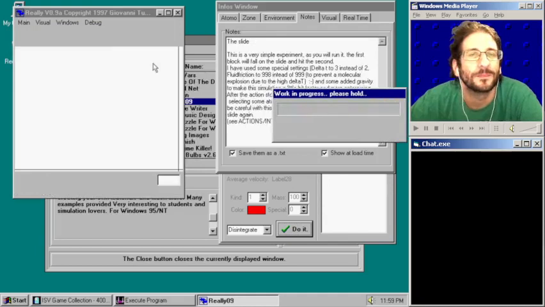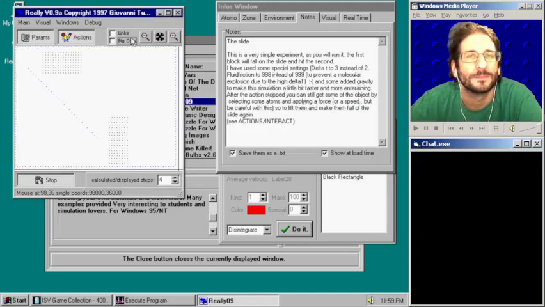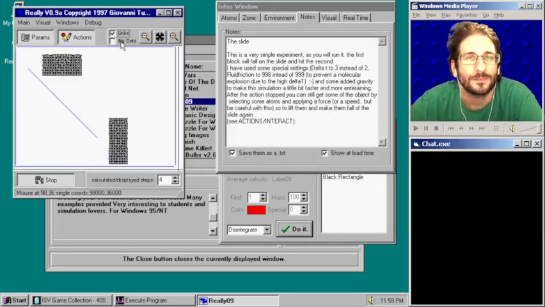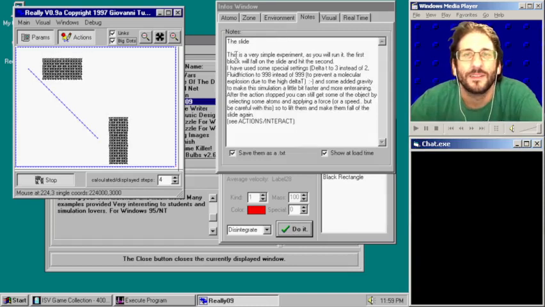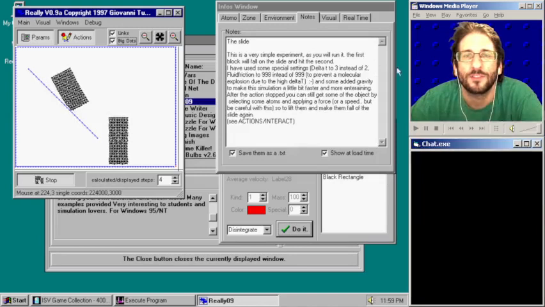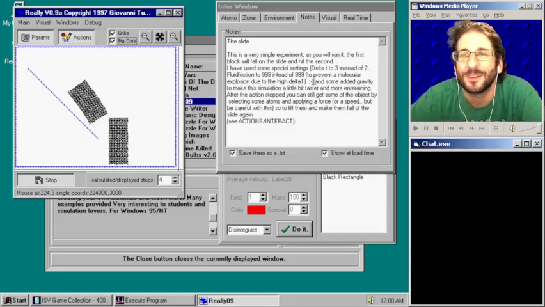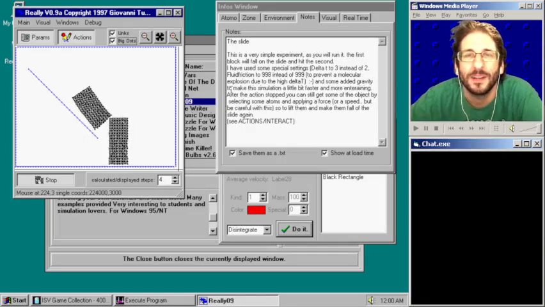Slide. The slide. This is a very simple experiment. As you will run it, the first block will fall on the slide and hit the second. I have used some special settings, delta T to 3 instead of 2, fluid friction to 998 instead of 999, to prevent a molecular explosion due to the high delta T, smiley face, and some added gravity to make the